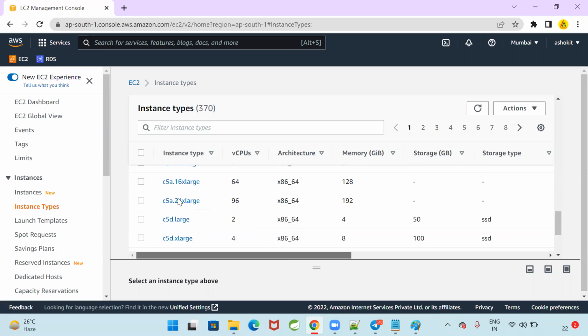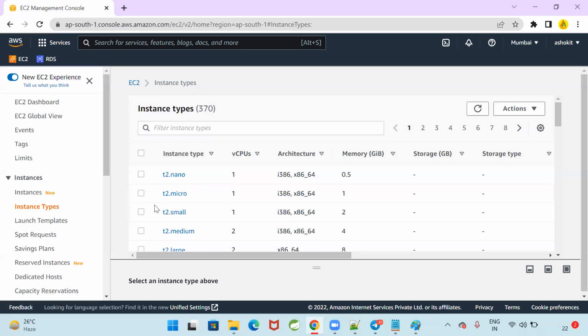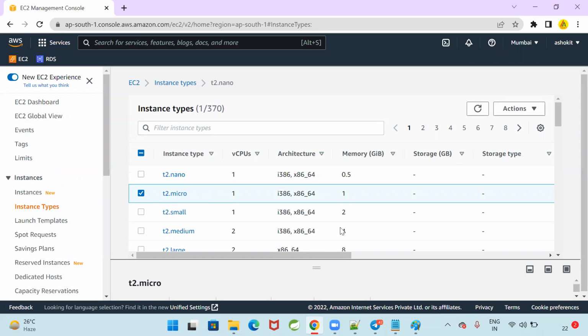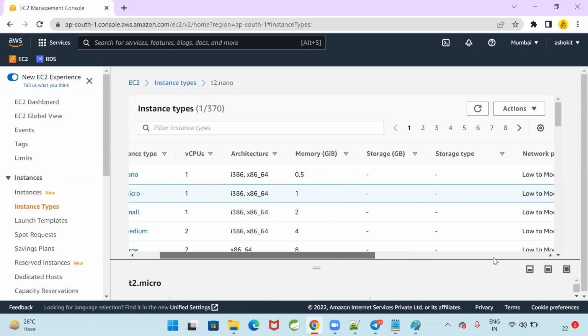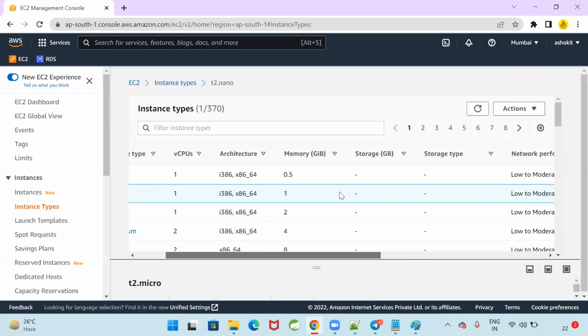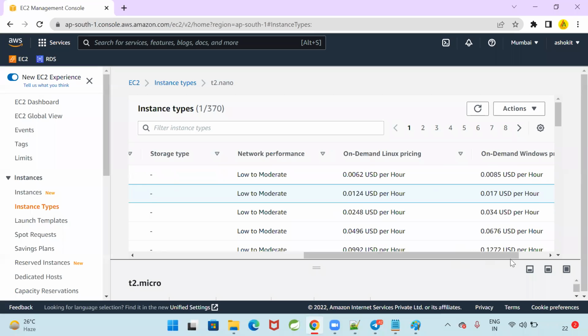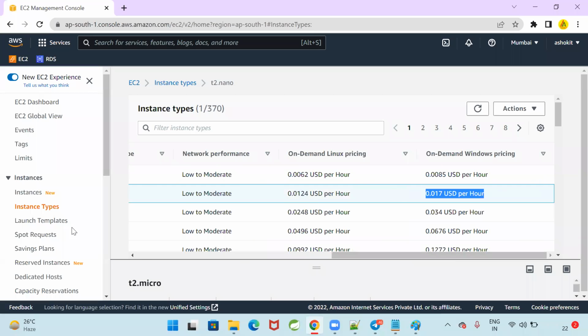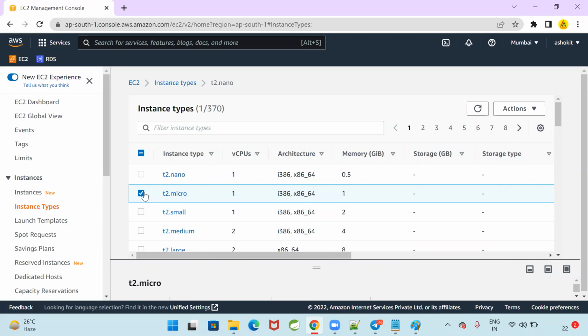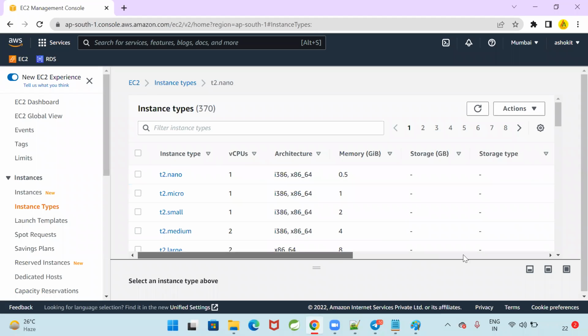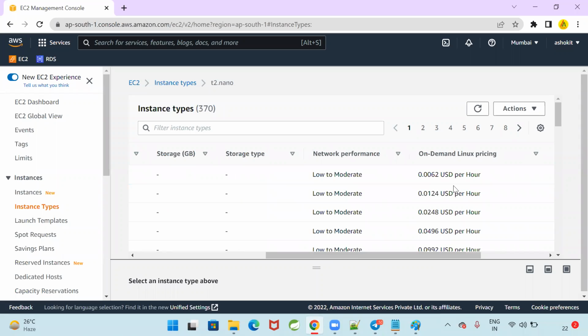And if you take T2 micro, how many CPUs will you get, how much RAM are you going to get, what is the cost per hour? If it is a Linux machine, what is the cost? If it is a Windows machine, what is the cost per hour? So here in the instance types, they have given the details clearly. What instances are available? What is the name of the instance? What is the memory that you will get for that instance? And what is the minimum billing amount per hour, how many dollars they